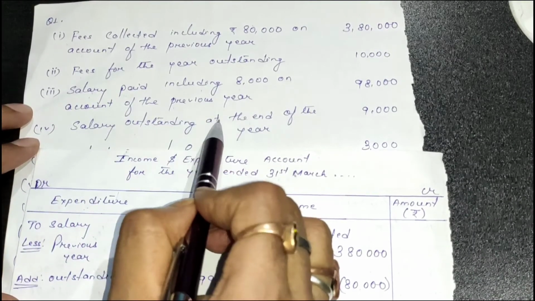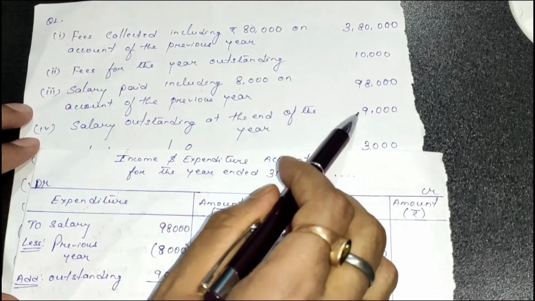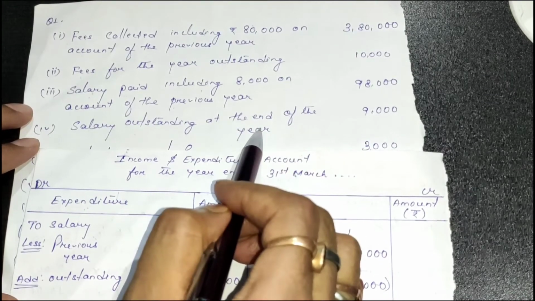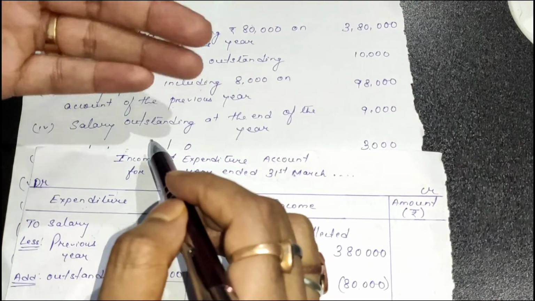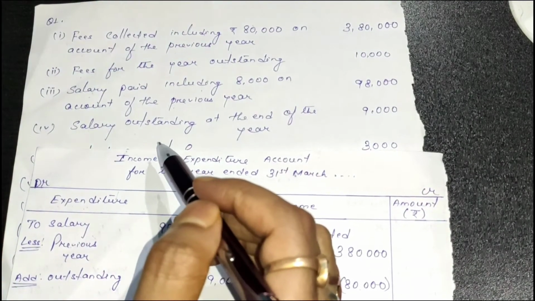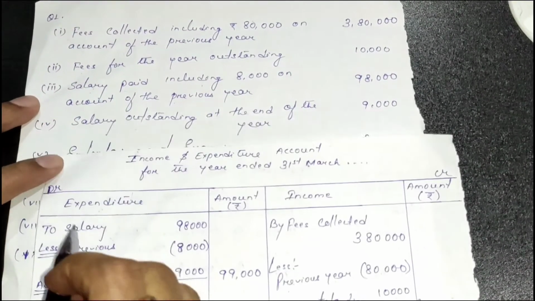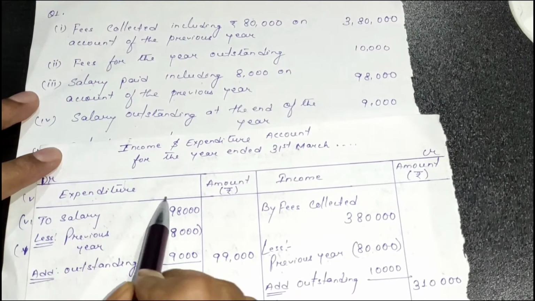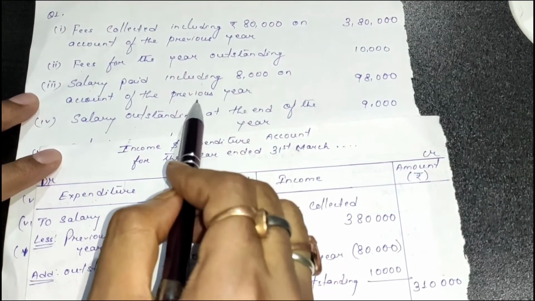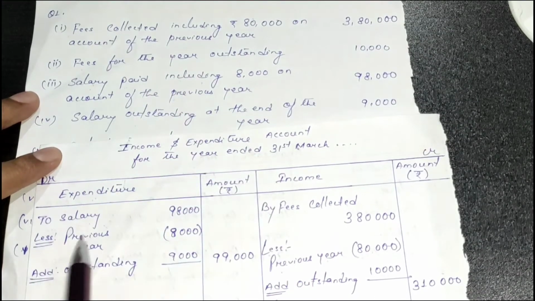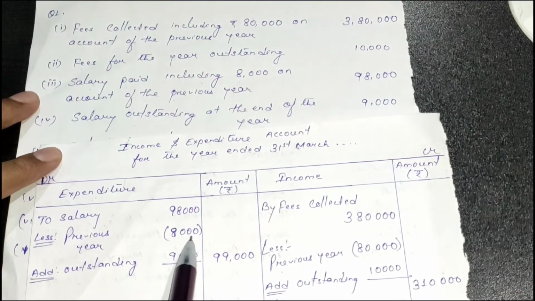Salary outstanding at the end of the year is how much? 9,000. So this amount also belongs to current year. Current year amount will be added, previous year or next year amount will be subtracted. So you see what I have done here. First of all, you will write salary 98,000, the full amount. Then this 8,000 which belongs to previous year will be subtracted, less previous year 8,000 will put in bracket, and